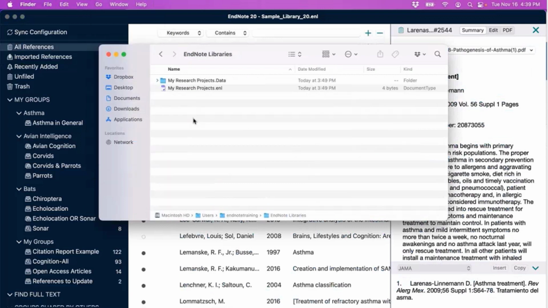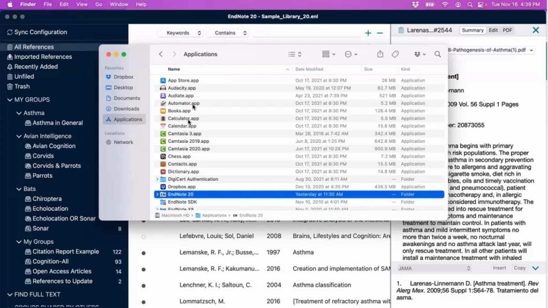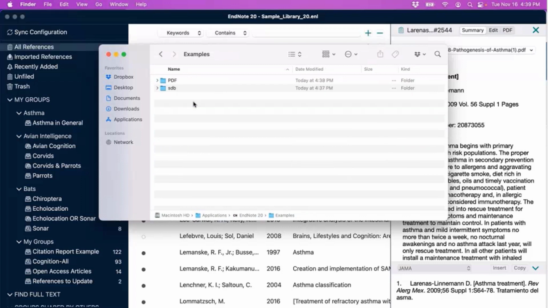So just to quickly show you, I'm using Finder to navigate. Oh, excuse me, this is the sample library, so I have to navigate to the EndNote folder here. But I'm just navigating to this library's data folder. Again, it's something you don't usually interact with directly, but I just want to show you that when we attach that PDF, EndNote copied it, and the version that EndNote accesses is in this library's data folder. So we see that in the PDF subfolder, there are serialized folders for each record in the EndNote library. And if we go to the most recent one, this is the PDF that we just manually attached.